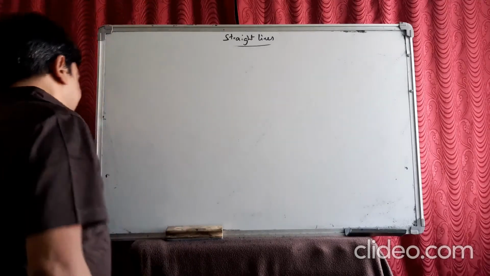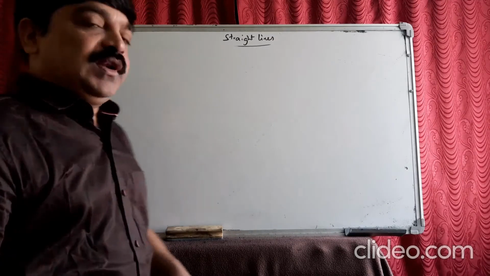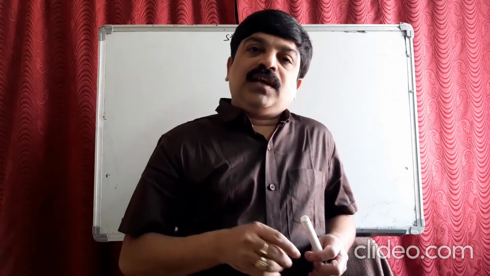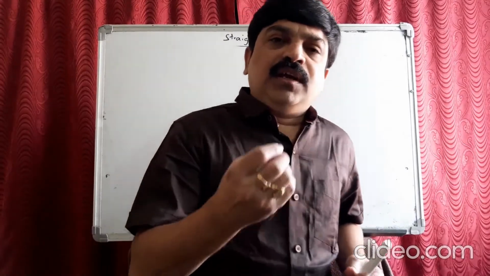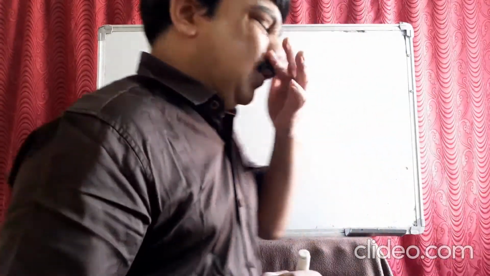Hi students, in this video I am going to explain the new topic of straight lines, the second topic of straight lines, where we have different forms of lines. I'll explain what the different forms of lines are that we use in this exercise, and also how they are derived. It is a small thing, but it is very important. Look here.